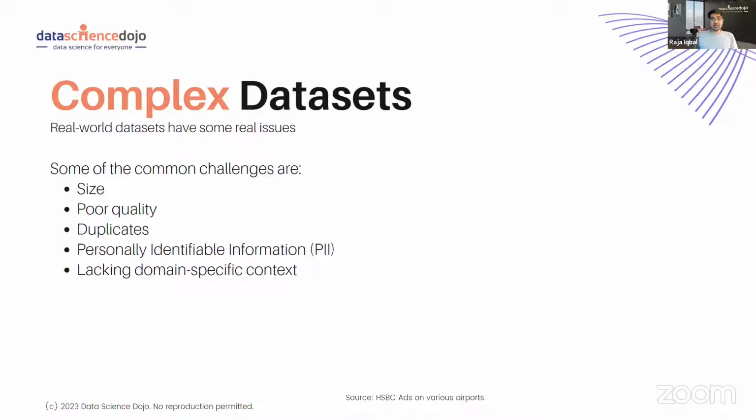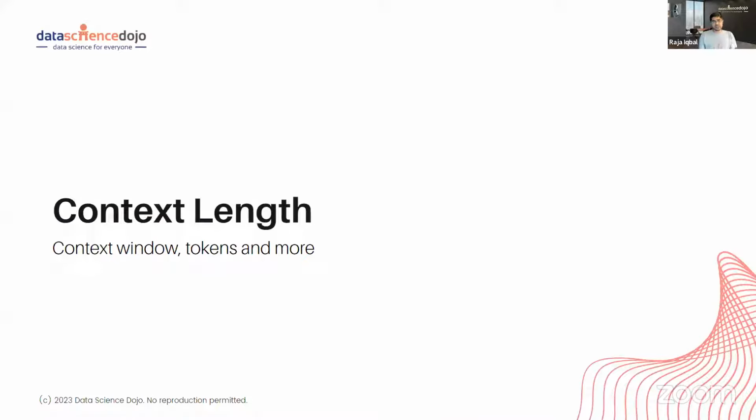Maybe the data sets are large, and they're complex, but they're lacking domain-specific context. So any challenge that you can see in the complexity of data sets is there when you're building a large language model. Then the other challenge is,